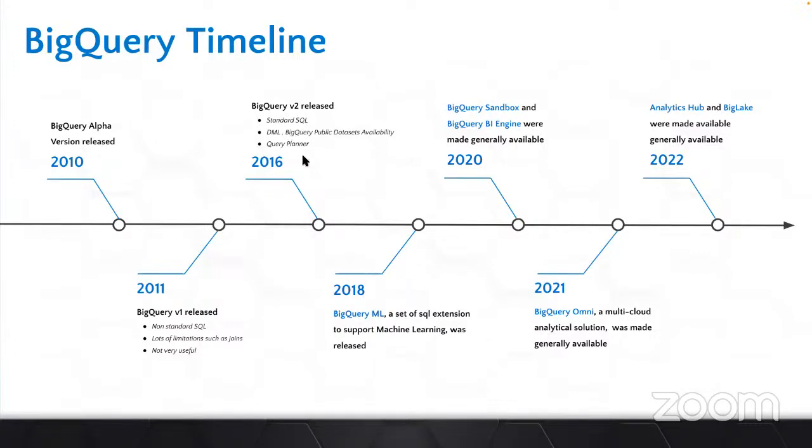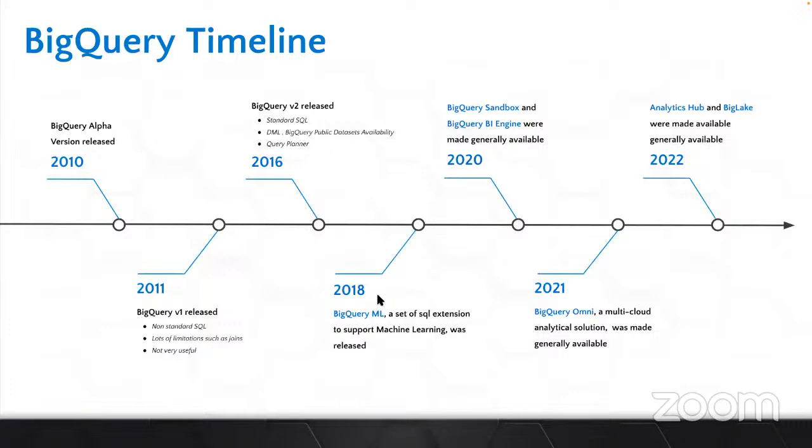And there were a lot of other additional things which were released in 2016. So it became much more compatible with people coming from a SQL background, and you don't have to learn anything new. So the ramp-up, or the learning curve, was very low. And it started to be adopted by so many people, business analysts, data analysts. So BigQuery version 2 is another important milestone where standard SQL was introduced.